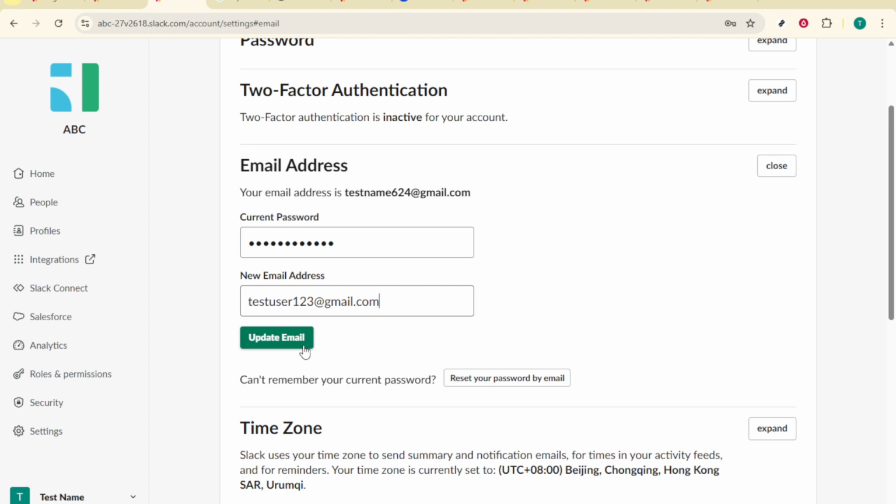That's it. With just a quick update in settings and a confirmation click in your inbox, you've successfully changed your